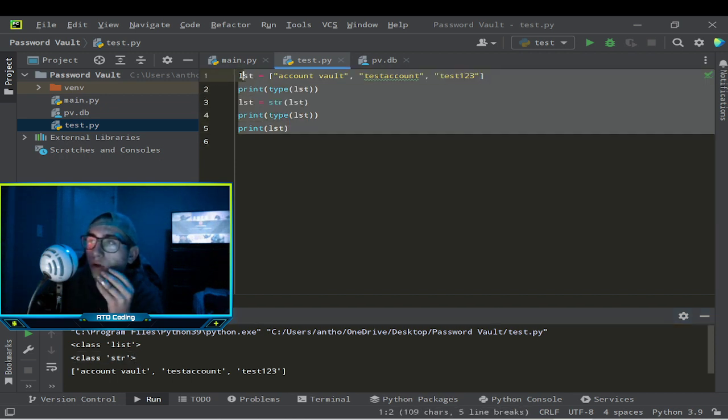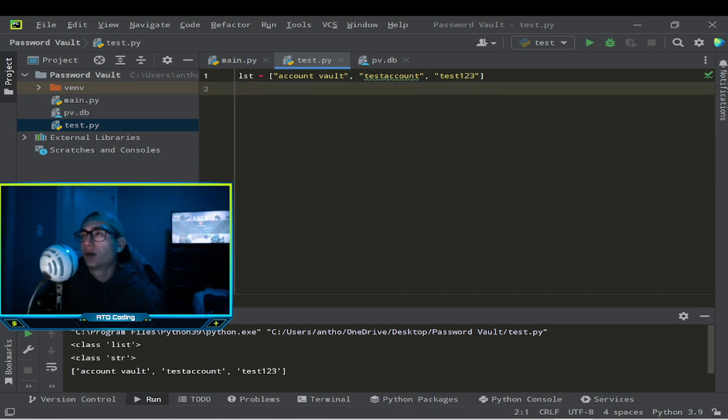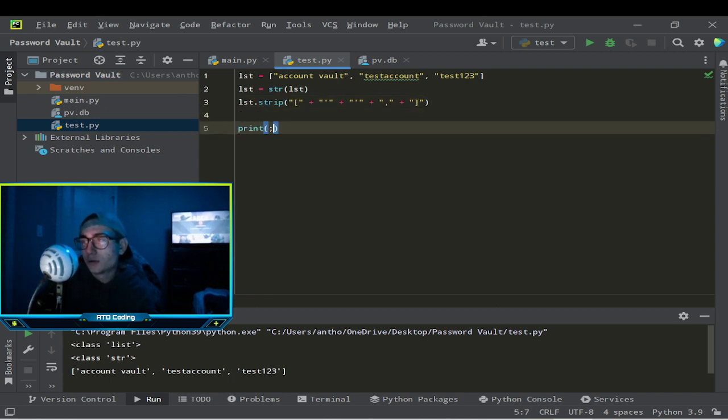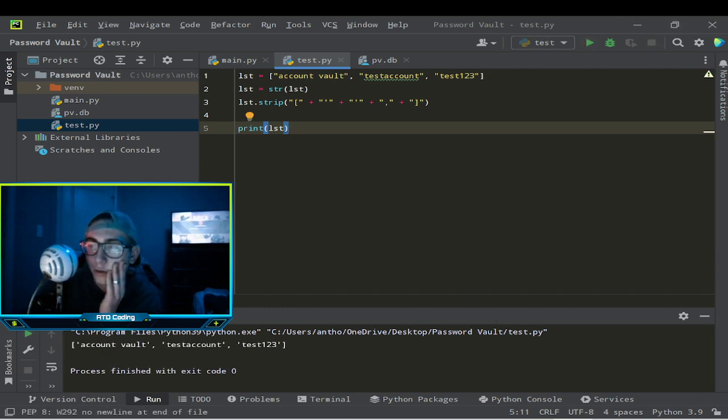Now what if we were to say lst equals string lst dot strip, and we do these manually. It does not have that, and that one. Print lst. Now if we print these,